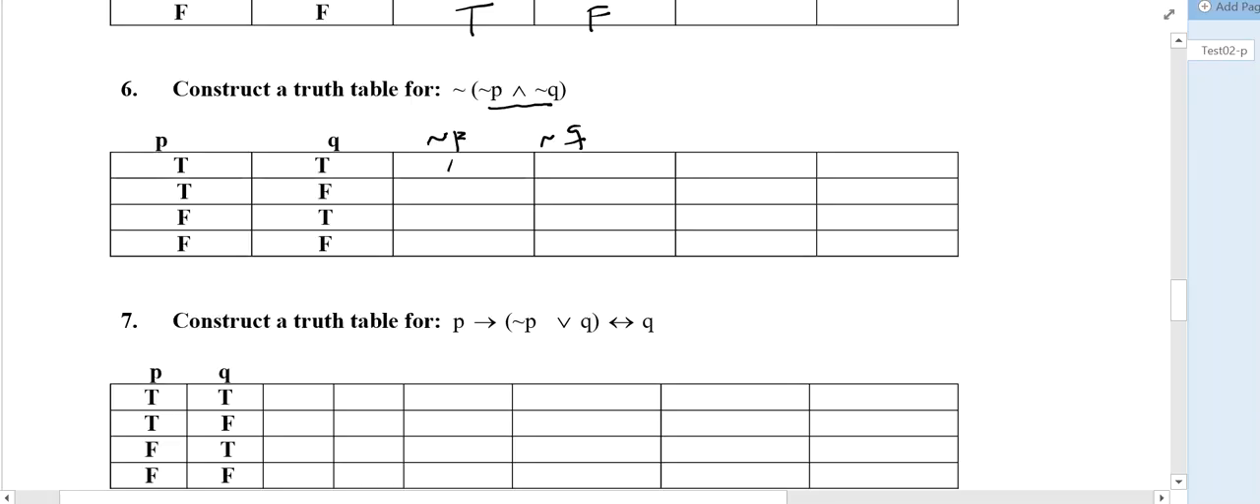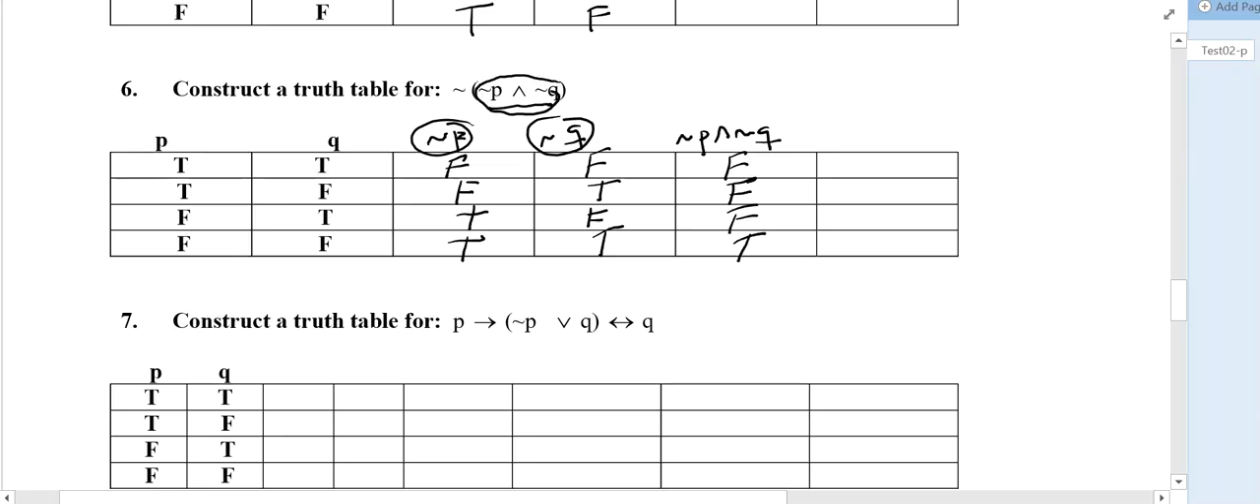So the opposite of P is false, false, true, true. The opposite of Q is false, true, false, true. Now I'm ready to construct this statement. To negate not P and not Q, once again, I'll be working with these 2 columns. It's an and, so I need them both to be true. No, I don't have them both true. No, no, yes. This is the only row where both these